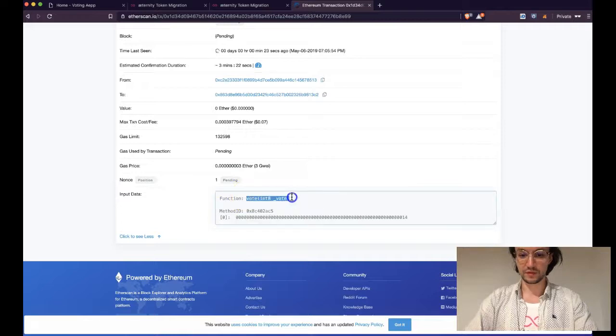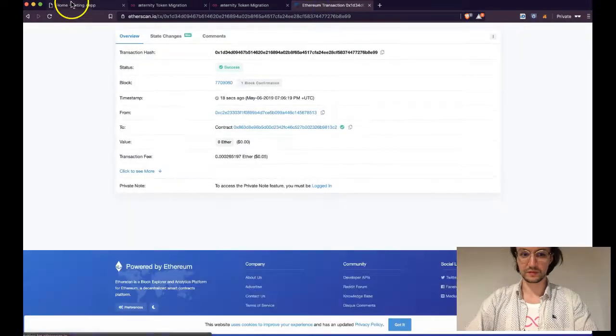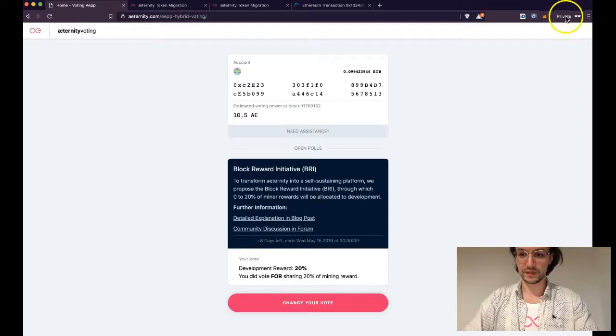There you see I'm calling the vote, and in a few seconds here, the app should load as soon as the transaction gets mined on the Ethereum network with a voting weight of 10.5 AE tokens. Now let's check back here. So that looks like a success. So the page should load any second. And here we go. We have voted for 20% developer reward